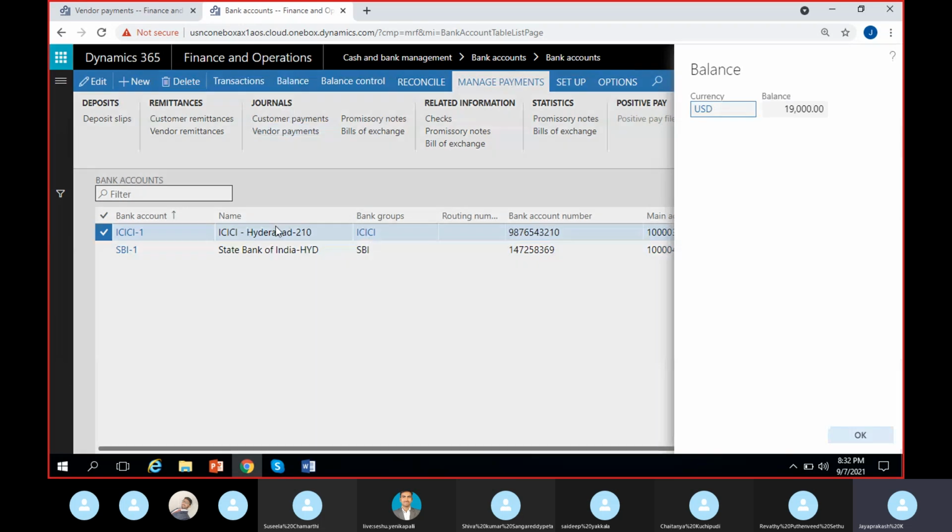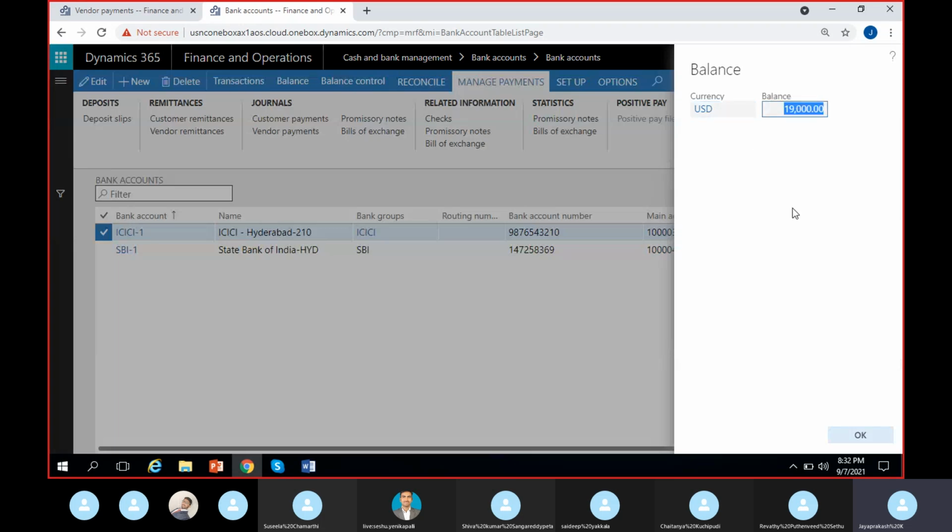Now you can see the balance. Earlier it used to be 20,000. Now it is 19,000, since the reduction of that 1000 check. Okay, and